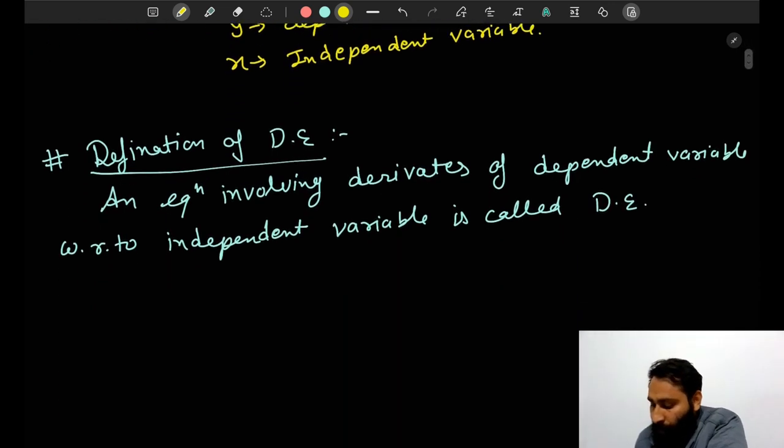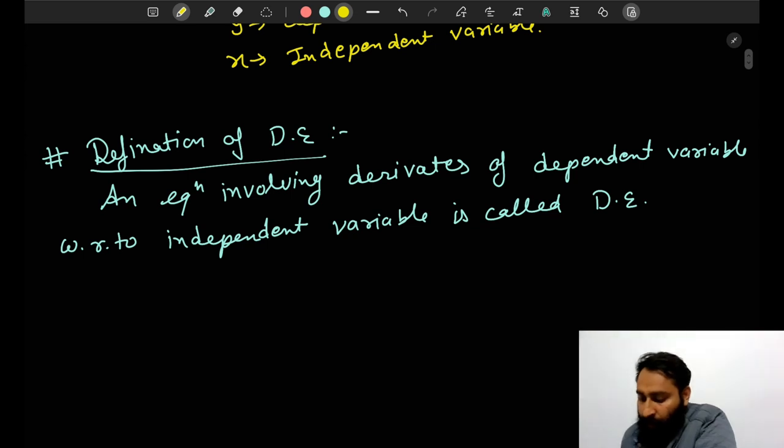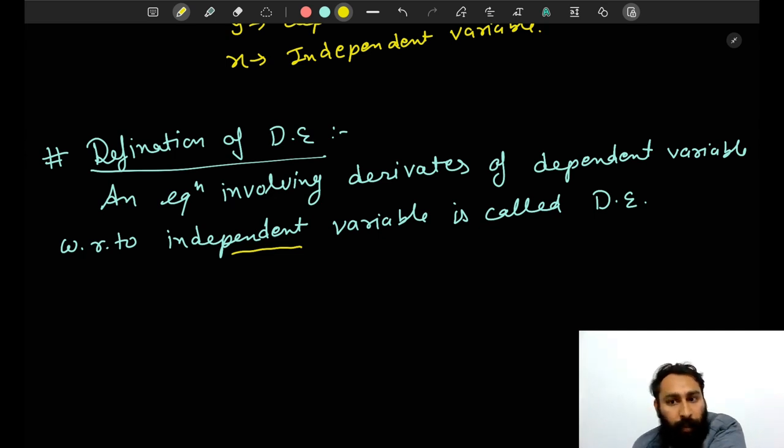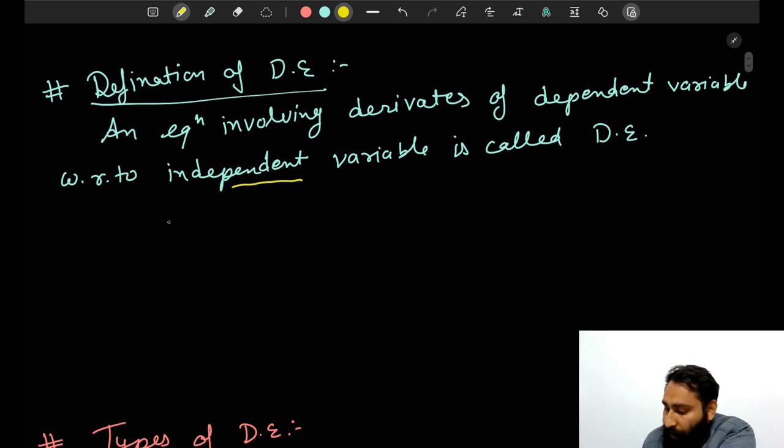Okay. Now we see what is definition of differential equation. An equation involving derivative of dependent variable with respect to independent variable is called differential equation. We see example